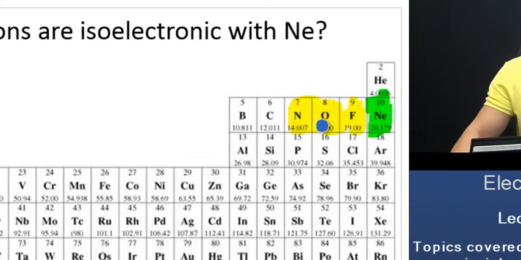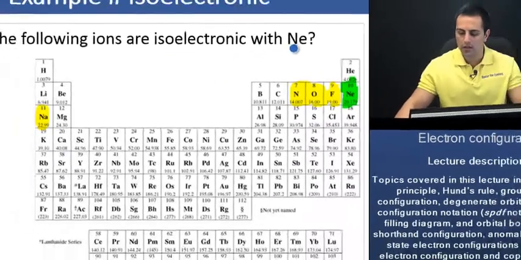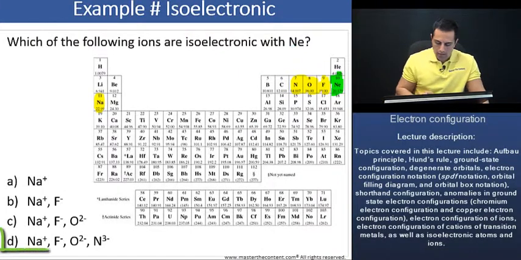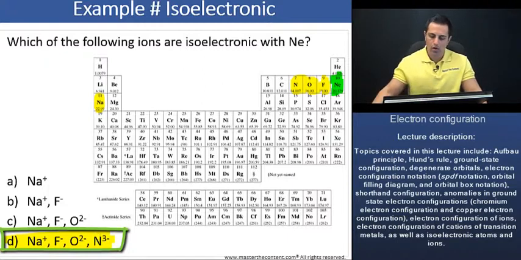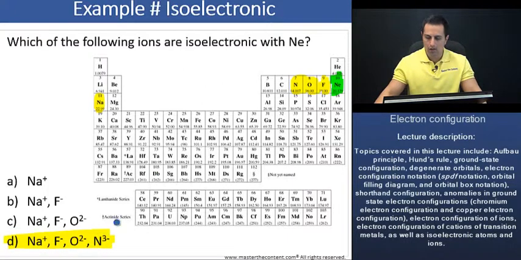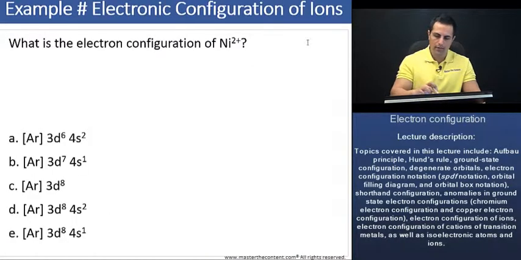How about oxygen? When the oxygen atom gains 2 electrons to become an oxide ion, it too will be isoelectronic with neon. And when the nitrogen atom gains 3 electrons, 1, 2, 3, to become a nitride ion, it too will be isoelectronic with neon. Thus, in this scenario, we can then say D is the correct answer choice, as all of the following ions are isoelectronic with neon. Let's proceed now to our next slide. Now here we're being asked